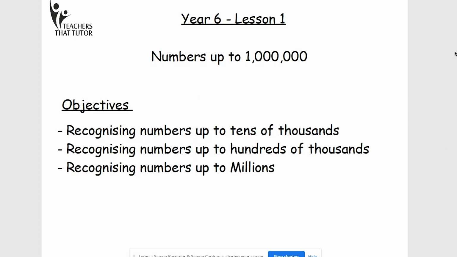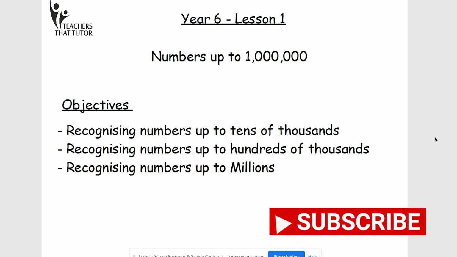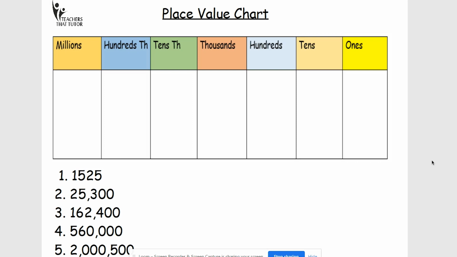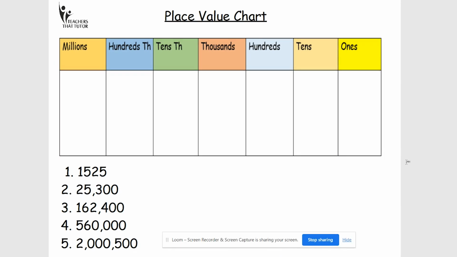So let's begin. The objectives of this video are to help the children recognize numbers up to 1 million, which is what they are expected to do in year 6. We'll look at numbers up to 10,000, hundreds of thousands, and then finally millions. So let's start off by looking at something called a place value chart. This is a chart that can help children understand big numbers like millions. I've written some numbers down underneath here,